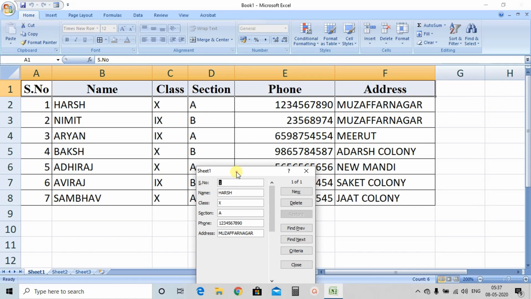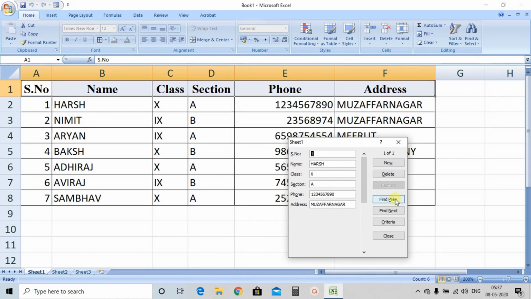You will get this option. Now what you need to do, click on this criteria button. Okay, and then suppose I want to search for a particular record. Now see, I have just entered a serial number and that has been shown.